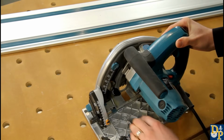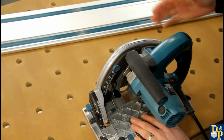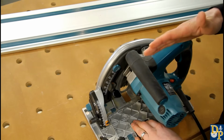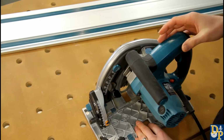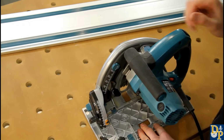Now when you set it back to 90, there's also a feature that when you push these two little tabs in, it will let it do a 1 degree back bevel. So it'll tilt 1 degree to the left. So that's a handy feature if you're trying to scribe something in and want just a little bit of a